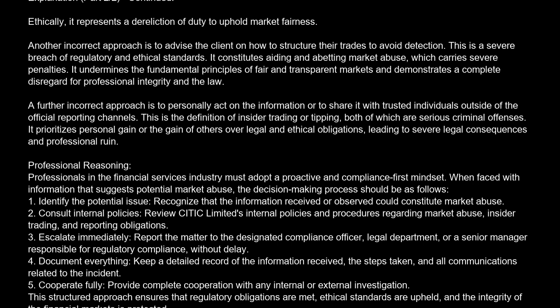Professional reasoning. Professionals in the financial services industry must adopt a proactive and compliance-first mindset. When faced with information that suggests potential market abuse, the decision-making process should be as follows. 1. Identify the potential issue. Recognize that the information received or observed could constitute market abuse. 2. Consult internal policies. Review CITIC Limited's internal policies and procedures regarding market abuse, insider trading, and reporting obligations. 3. Escalate immediately. Report the matter to the designated compliance officer, legal department, or a senior manager responsible for regulatory